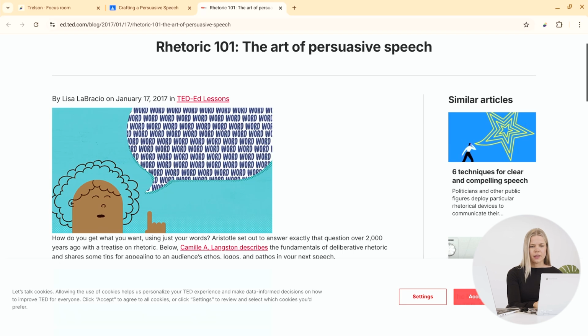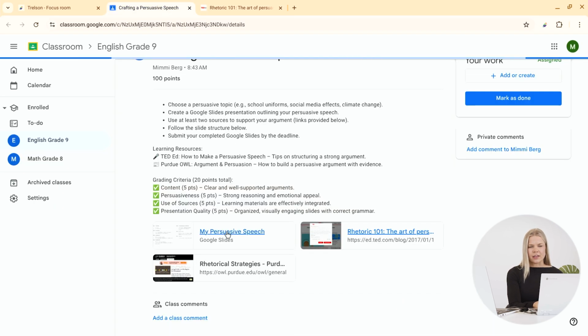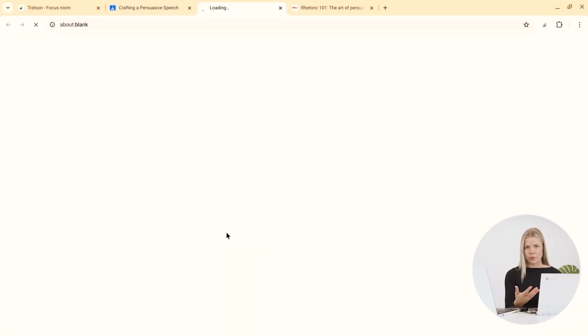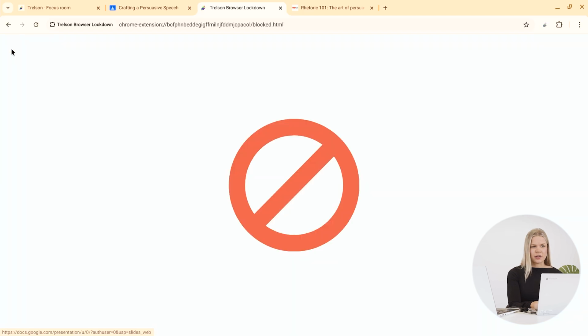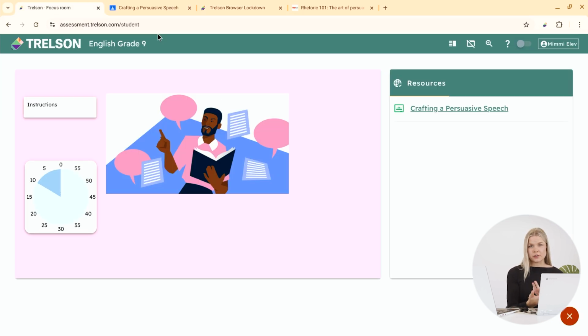Yes, they do. I also have a Google Slide that I'm supposed to be working with for this exam. And as you can see here, the slide opens perfectly. But if I would like to try and access the rest of Google Slides, I'm not going to be allowed to. So my access is limited to this specific document that the teacher has shared with me. Whilst I am restricted to that specific document in this focus room, if the teacher would like students to have full access to Google Slides, for example, I can just, as a teacher, add that service in its entirety.